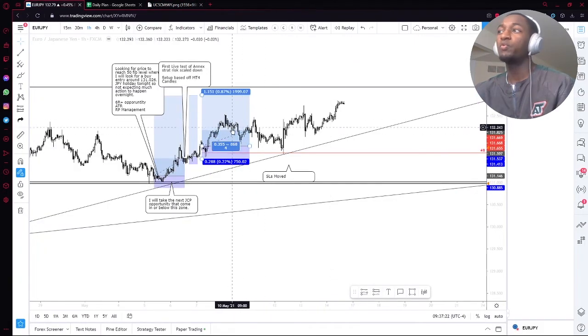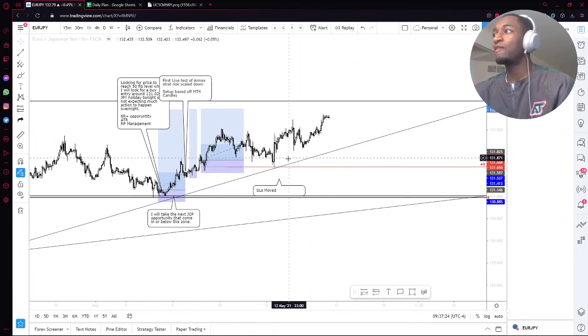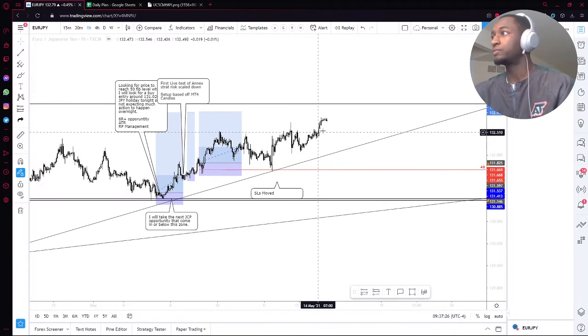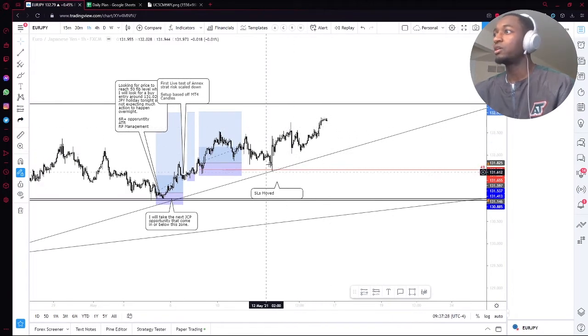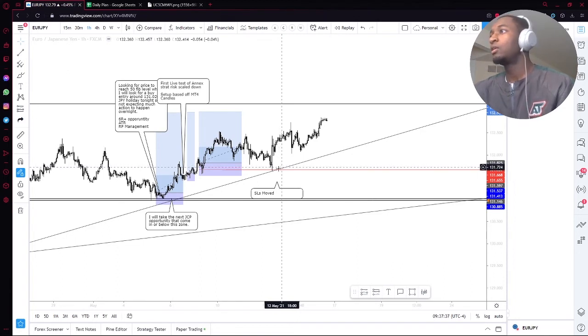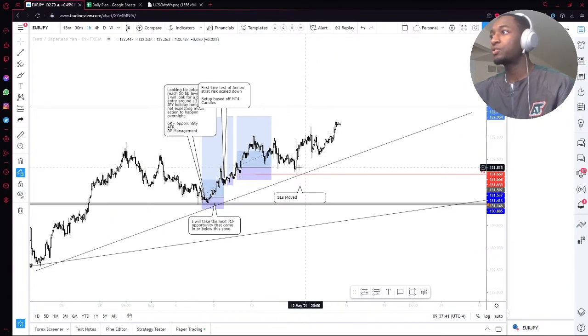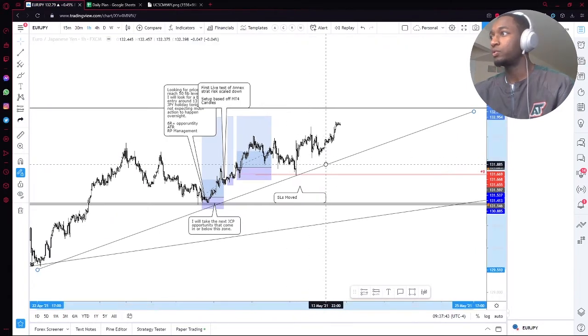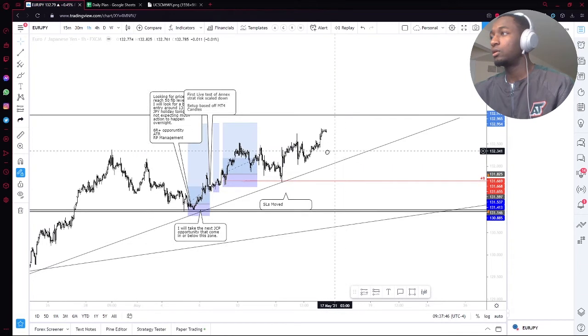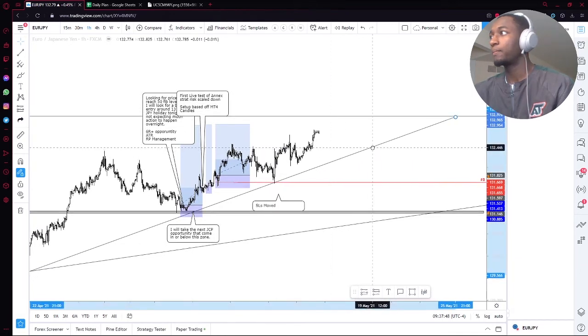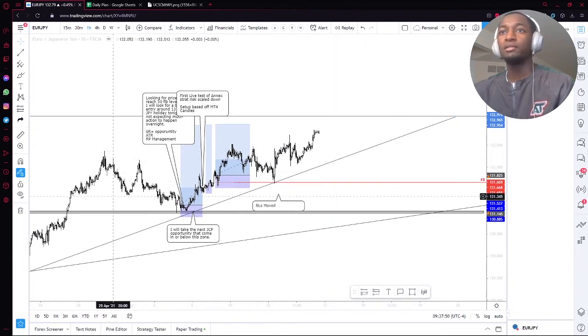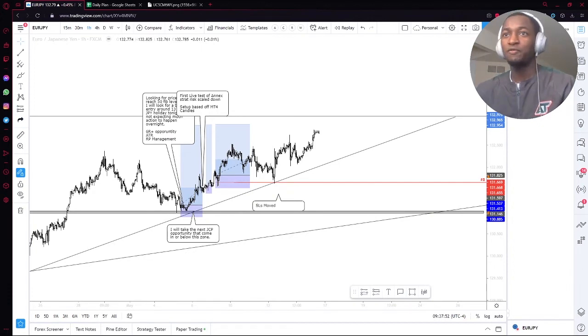This was a beautiful setup, just didn't finish up like I wanted it to, and it ultimately ended up hitting targets. So I can't log it down as a mistrade because my criteria wasn't met for it. That final signal wasn't met for it. But it's a trade I definitely will be studying this weekend and logging. But yeah, just wanted to interject that, and let's go ahead and finish it up.